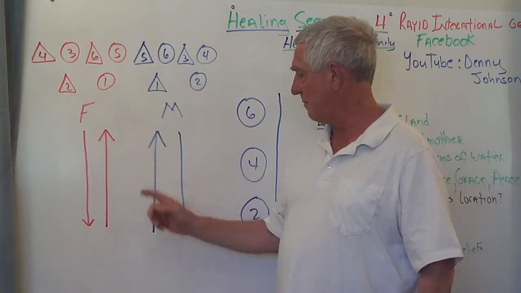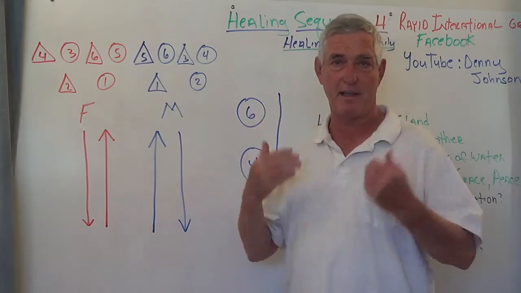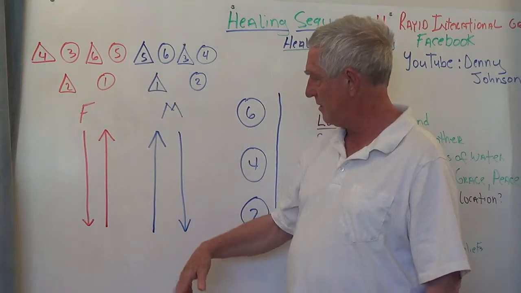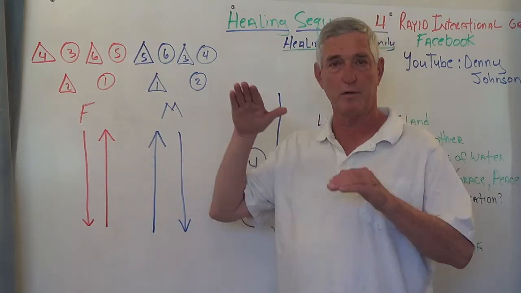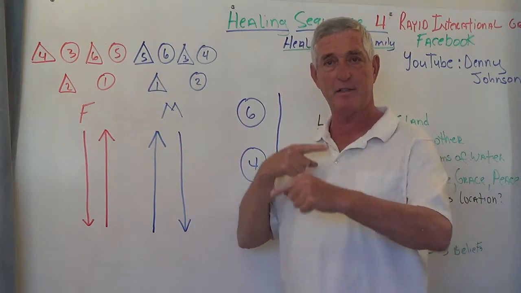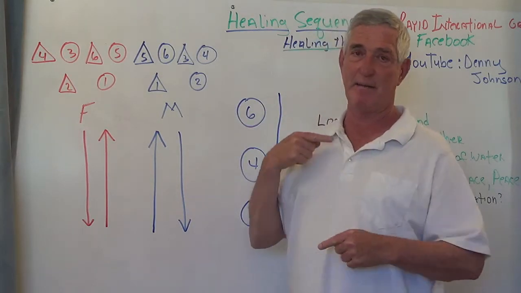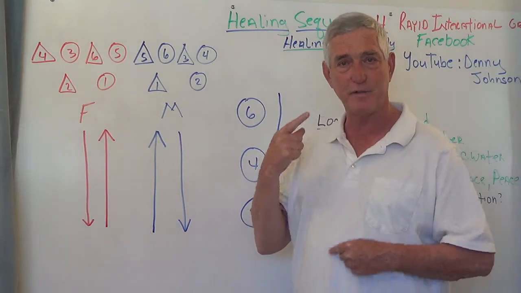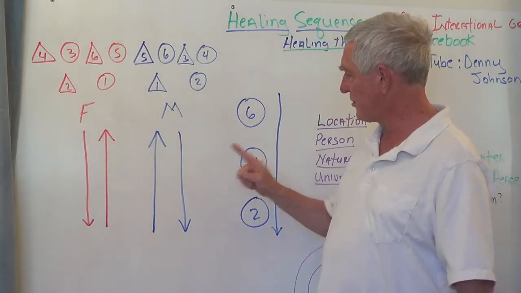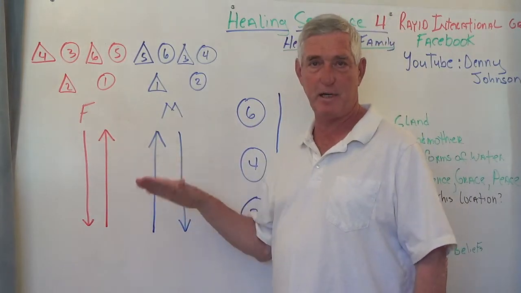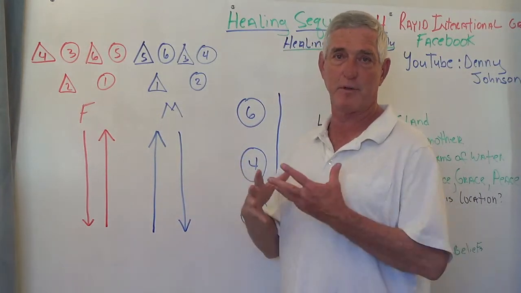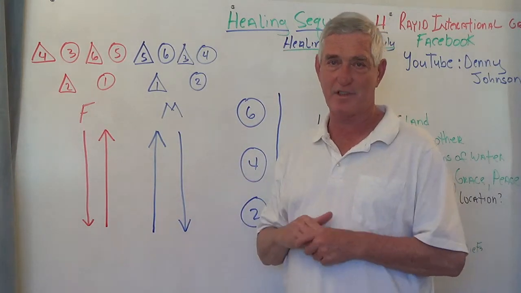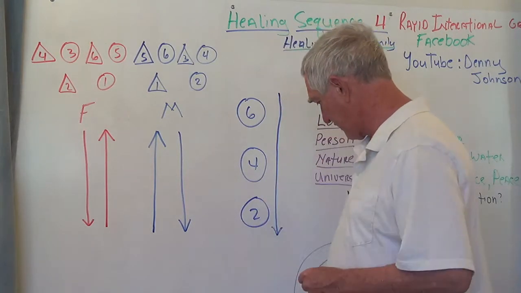The arrows that come up are what's called ascending. The arrows that come down, both the red and the blue, are called descending. And these are the forces that basically move the life force of the spiritual body into the physical body. And when for some reason or another these become broken, they produce a wide variety of symptoms. For example,